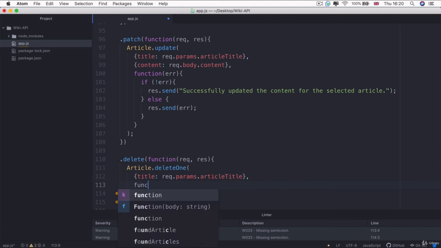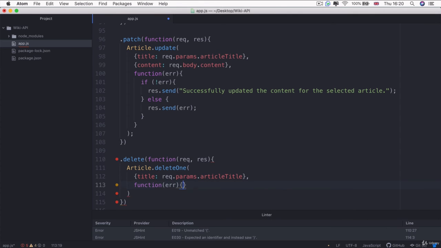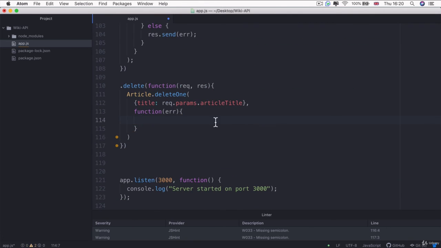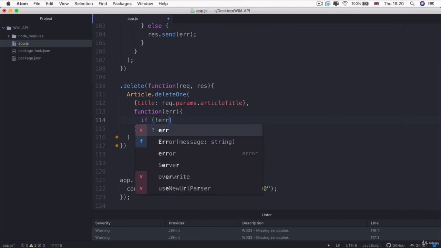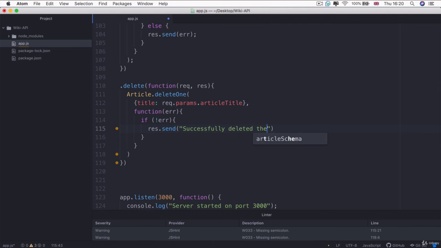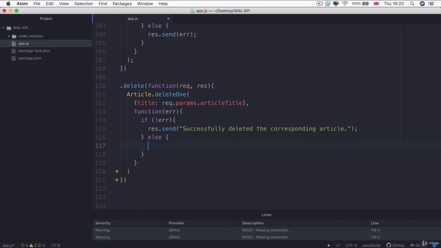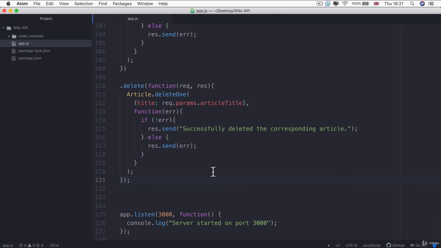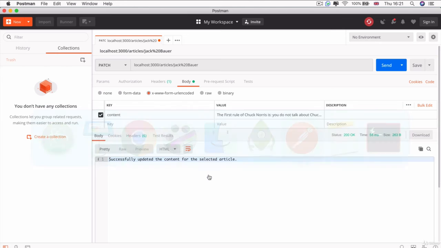And then we have our callback, which can give us an error if there was one, and if there were no errors, then we're going to res.send that we have successfully deleted the corresponding article. But if there were some errors, then we're going to res.send those errors to the client. And now we can close everything off with some semicolons and hit save,